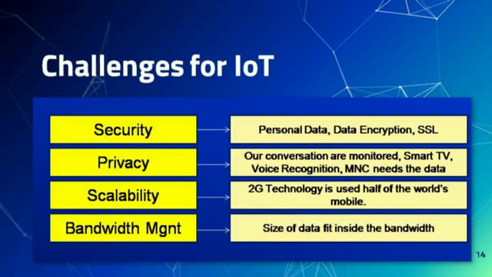Bandwidth management. The size of data must fit inside the bandwidth. Bandwidth is the maximum size of data you can send. That is called bandwidth. For example, if you take any website with a bandwidth of 5 MB or 10 MB, and more than 5 to 10 people come to use the website, if one person is allocated 5 MB of data, the other 9 people cannot use the website because the bandwidth is only 5 MB. If it is 500 MB of bandwidth, you can accommodate more people. So at a time, many people can access.